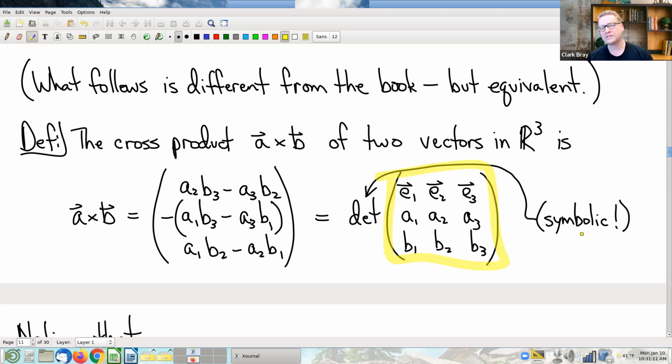Pretend that it's a matrix temporarily, and just compute the determinant as if it really was a matrix, and whatever you get, that's what I'm talking about. So it's called a symbolic determinant. And I say this isn't really a matrix, at least it's not a matrix in the usual sense, because a